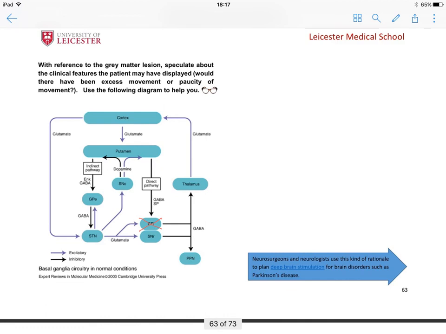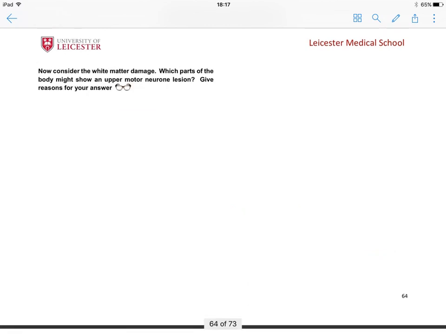If you have increased activity in the motor cortex, you get increased movement. So the answer is that we get excess movement, and it's actually a condition akin to ballismus. A condition which is very closely related to ballismus is normally caused by destruction of the subthalamic nucleus. Logical. We're next asked to think about the white matter damage and to think about which parts of the body might have an upper motor neuron lesion. Now, to answer this about which bits of the white matter have been damaged, let's go back to the